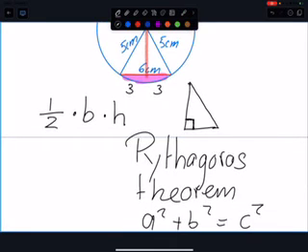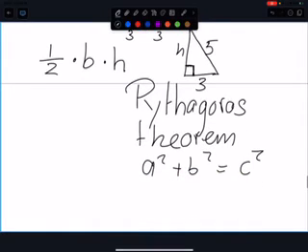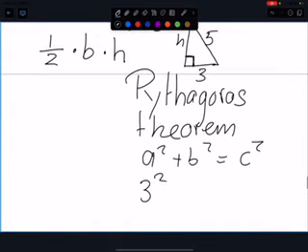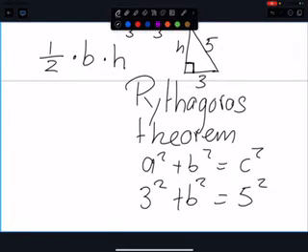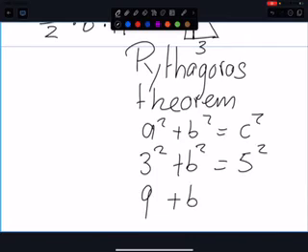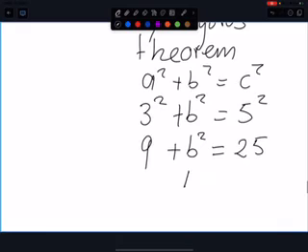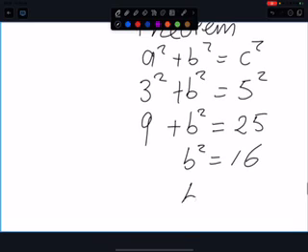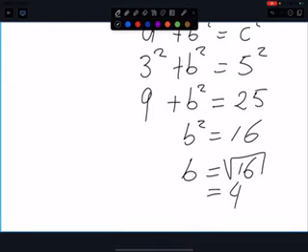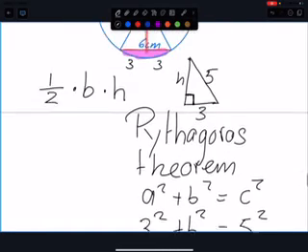So what do I have? 3 and 5. Pythagoras theorem to get to the height. 3 squared plus b squared equals 5 squared. 9 plus something equals 25. So that something, which is b squared, is 16. So b equals the square root of 16, which is 4. So the height